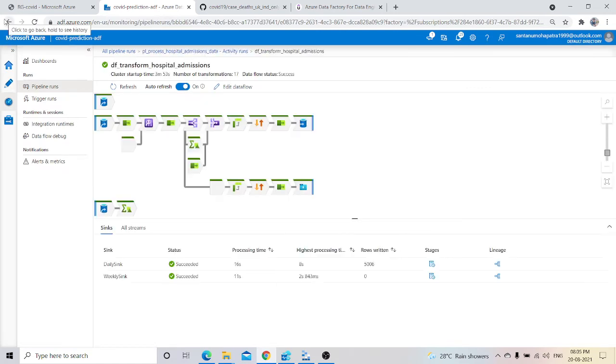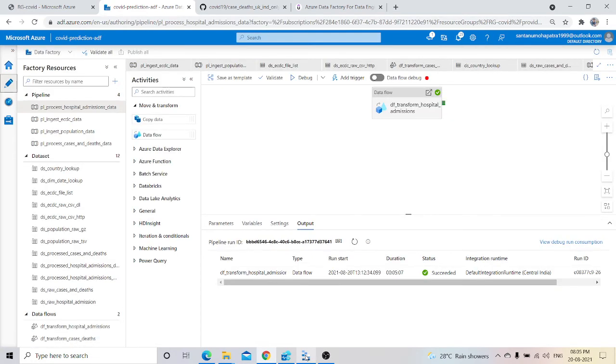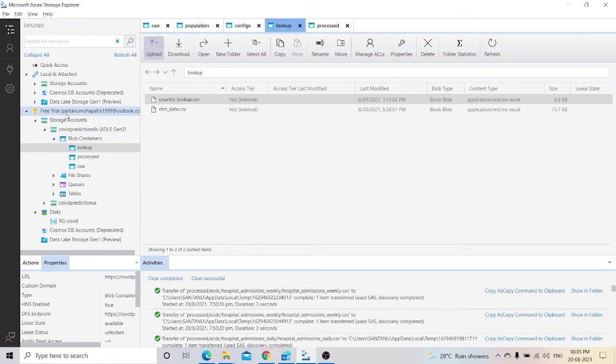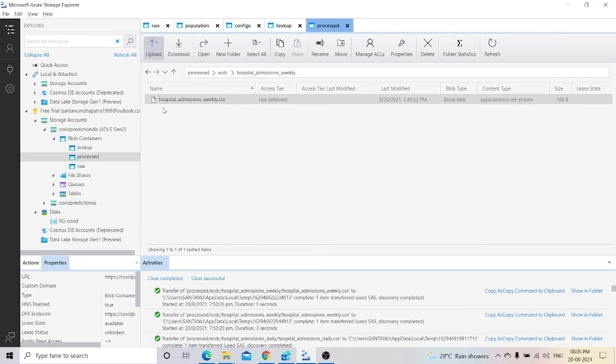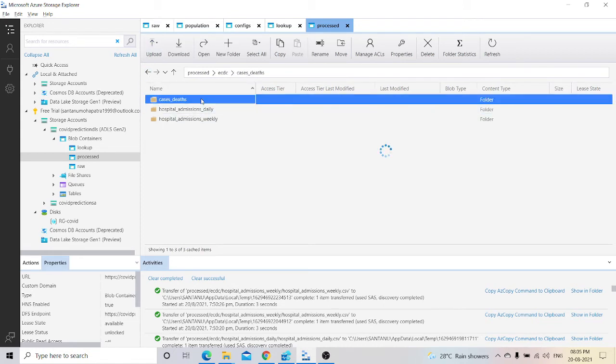After performing the same task, you can come back and check. One thing I need to mention is that whenever this function gets succeeded, you will see there are many files. Let me show you. Once this succeeds, initially you will see many files over here.